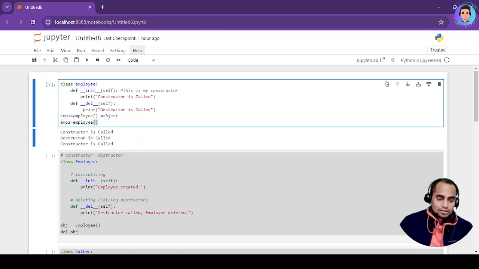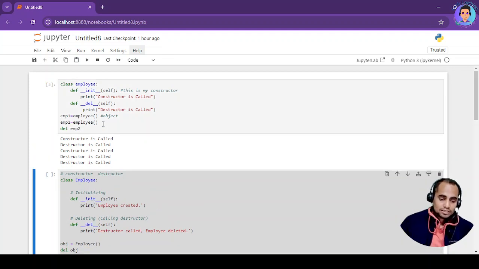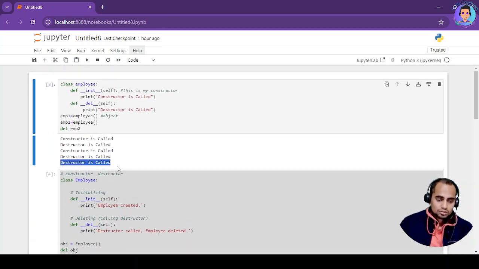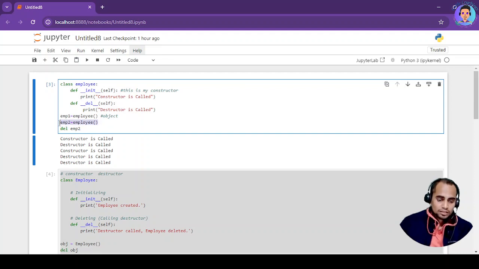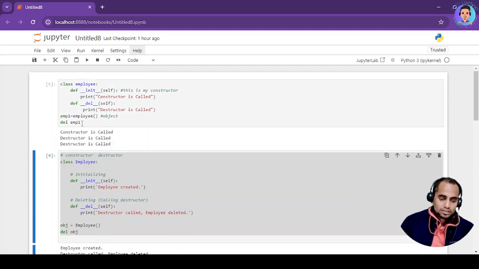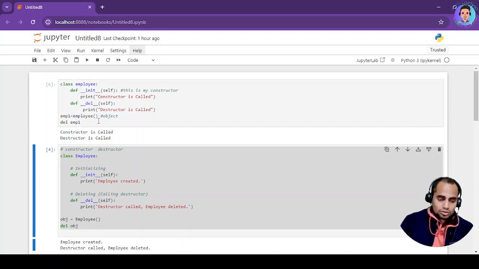Now see, this time if I write over here del, I am deleting my emp2. And if I execute it one more time, see, the destructor is called. Now if I delete this and keep only emp1, and if I execute it, see, at first the constructor is called, and the second time the destructor is called.